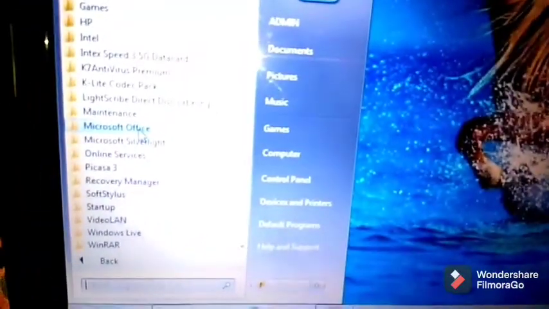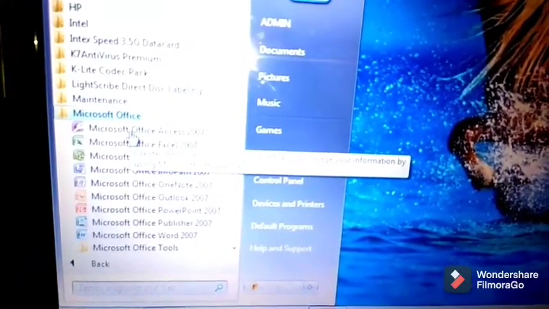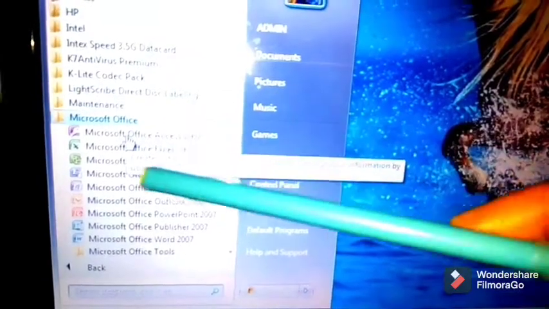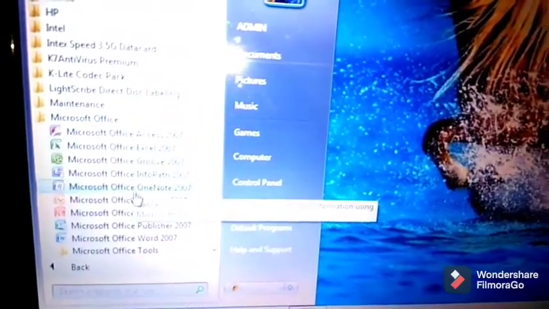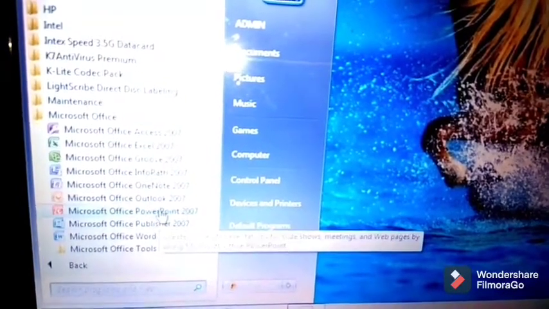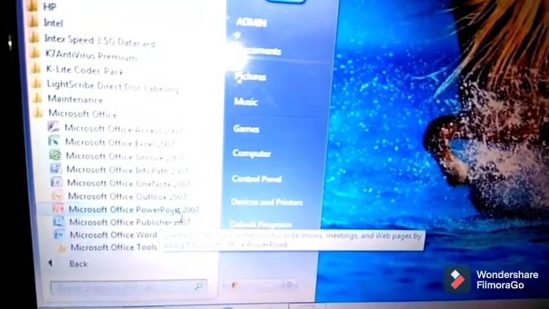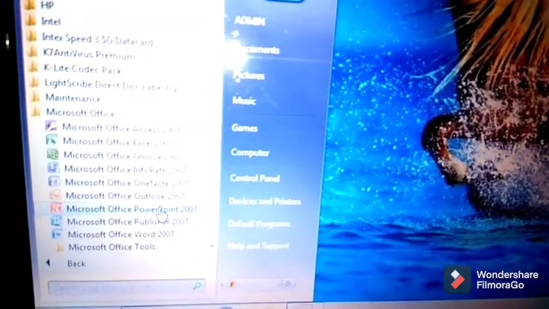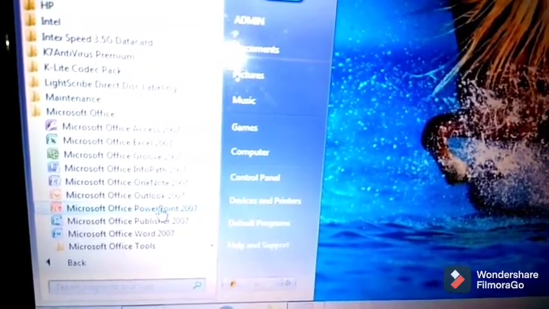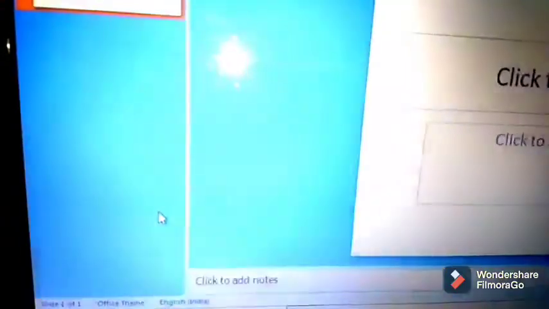This one. Now the All Programs will open here. So in these programs, we have to select Microsoft Office PowerPoint. Now this is PowerPoint 2007, not 2010. By the same procedure, click on Microsoft Office PowerPoint 2007, click on it.